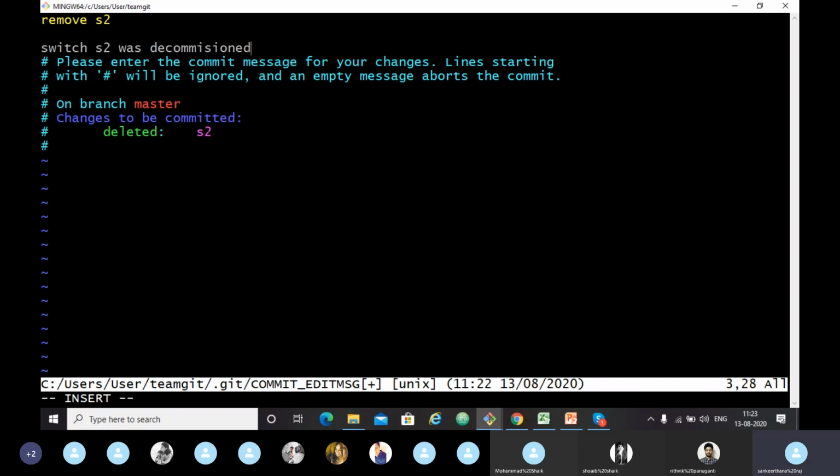Now I want to save this file and exit. How can we save it? Press escape, colon, w, colon, x. Now we have exited from that.